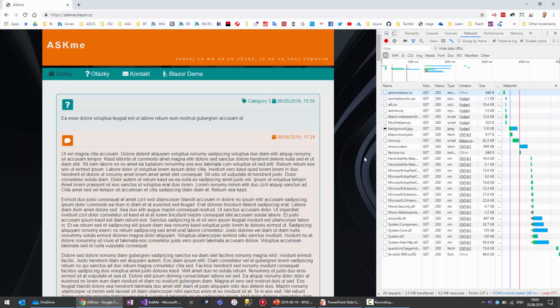And now Mono has a port to WebAssembly, so it's something similar to .NET Exe, and it's running on WebAssembly, which is